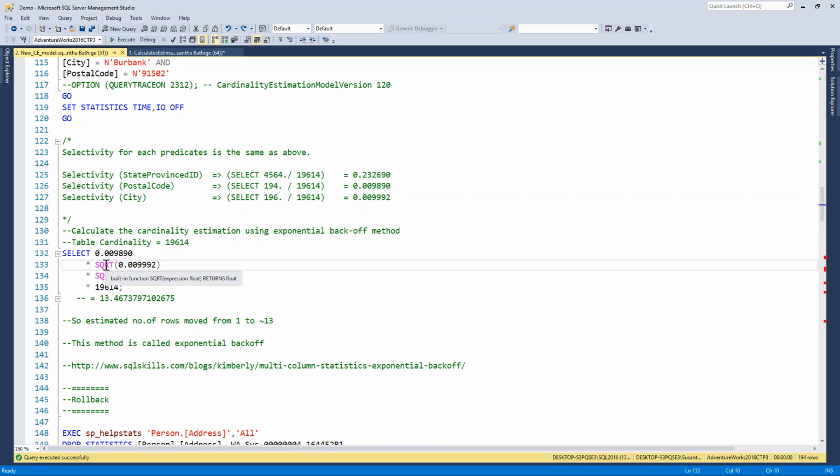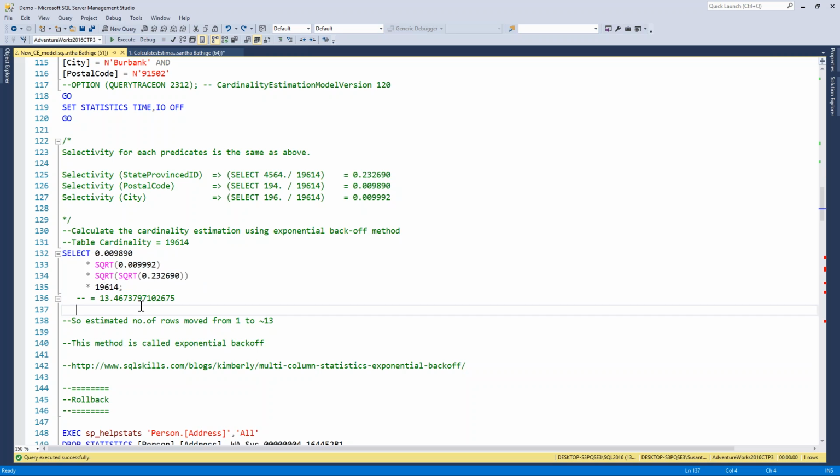You get the square root, and then look at the next higher value, which is obviously state province ID. You get the square root of the square root of the same number again, and then multiply again by tuple cardinality, and you will get